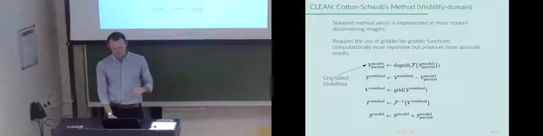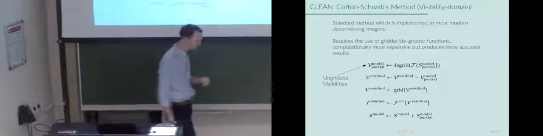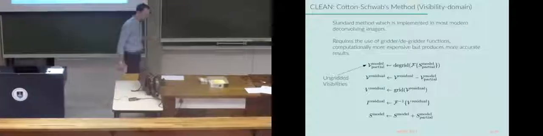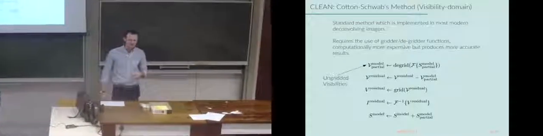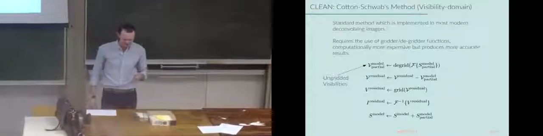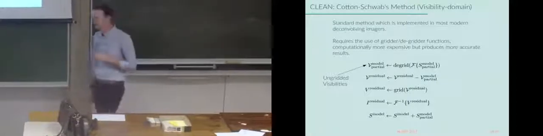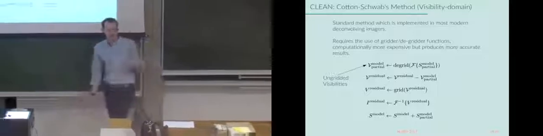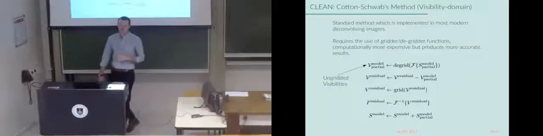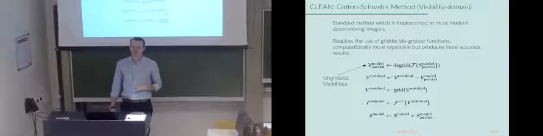Why would you want to do Clark or Högbom? Well, they're very simple. You can implement them yourselves. You'll do part of that. And they run pretty quick. So if you want to do a quick, dirty deconvolution, you can just do Högbom or Clark. I almost always say do Clark there.